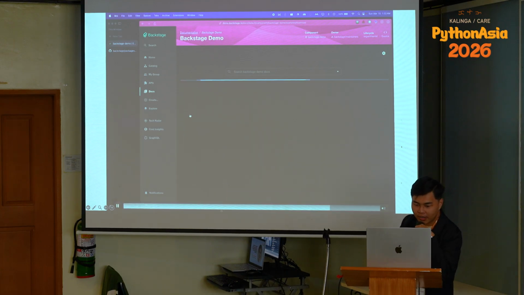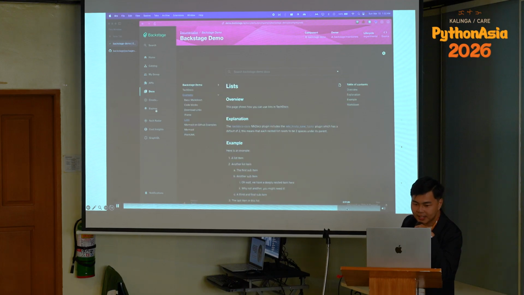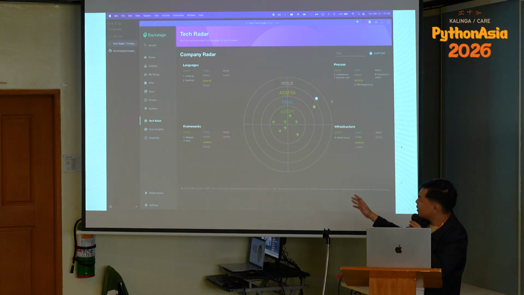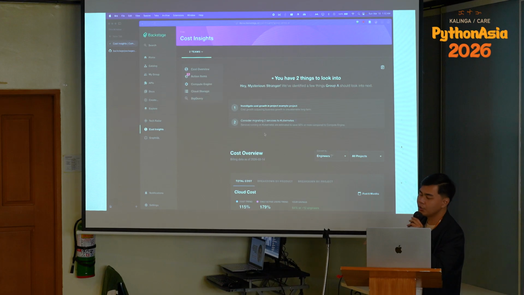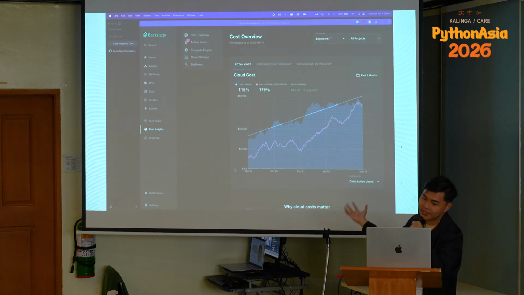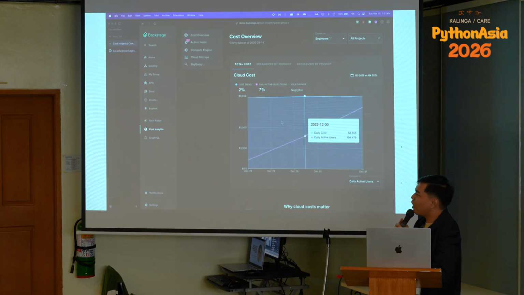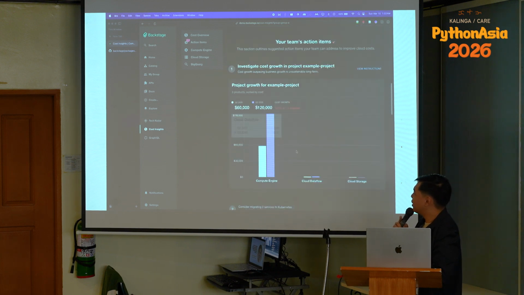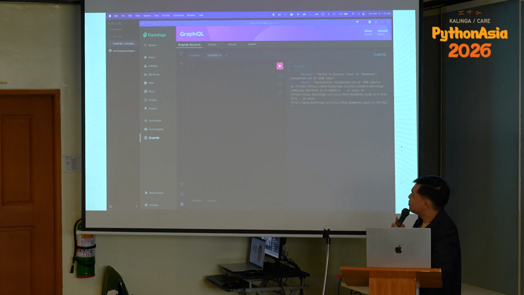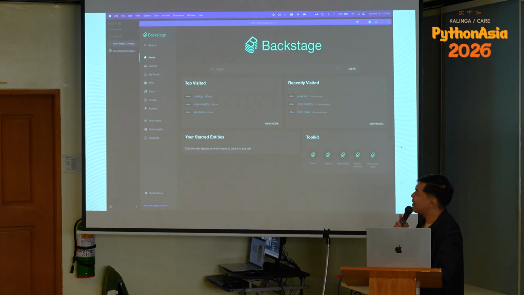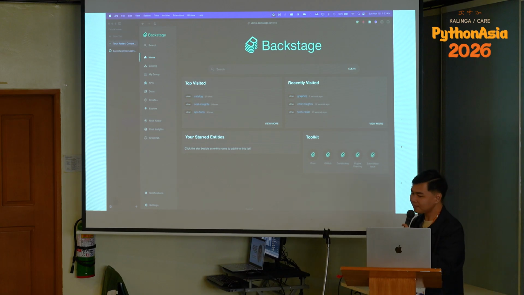You can also explore things such as this Tech Radar. It summarizes all of the tech that's adopted in your organization and guides decisions on what to adopt in the next service. And it has this interface for cost reviews. If you have a really good FinOps process in your organization, you can integrate it with this, and a GraphQL API if you're using GraphQL. So this is not all of the features that Backstage provides, but it's one of those that are pretty useful for all organizations. So let's try to set up Backstage, right?